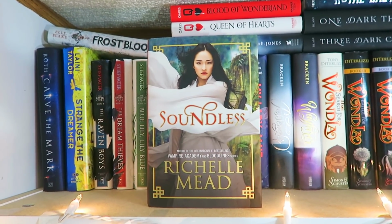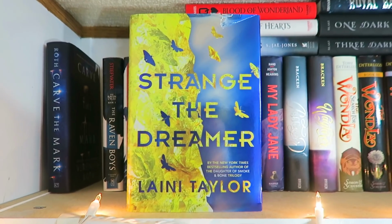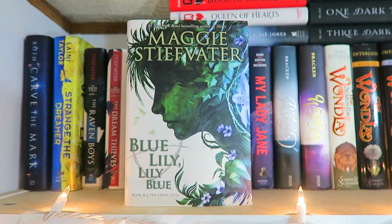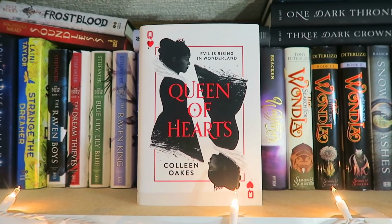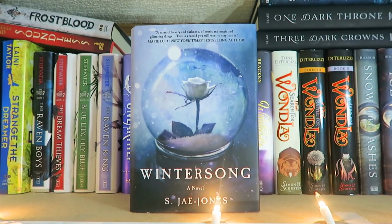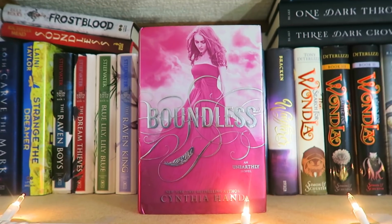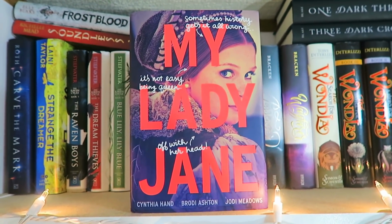Soundless by Rochelle Mead, Frostblood by Ellie Blake, Carve the Mark by Veronica Roth, Strange the Dreamer by Laini Taylor, The Raven Boys, The Dream Thieves, Blue Lily, Lily Blue, and The Raven King by Maggie Stiefvater, Queen of Hearts, and Blood of Wonderland by Colleen Oakes, Winter Song by S.J. Jones, Unearthly, Hollowed, and Boundless by Cynthia Hand, My Lady Jane by Cynthia Hand, Brodi Ashton, and Jodi Meadows, Passenger,